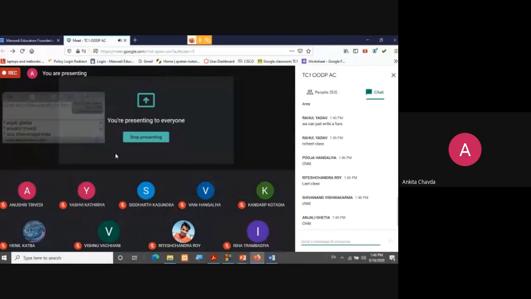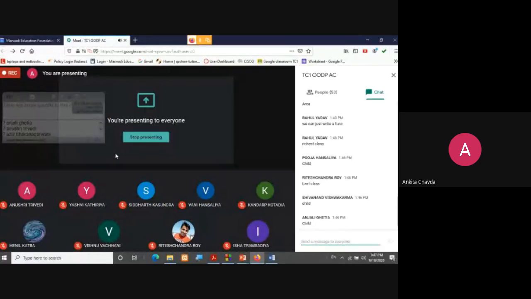So suppose there is a constructor in your base class, for example your Student class. The Student class has one constructor, but you are not creating any object of the Student class, you are creating the object of the Result class, which is your last class. So how will you give values to your base class, how will you call the base class constructor from the derived class, and how will you manage this?